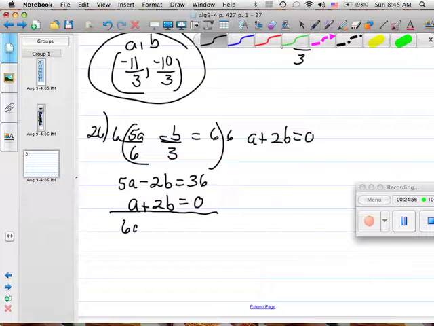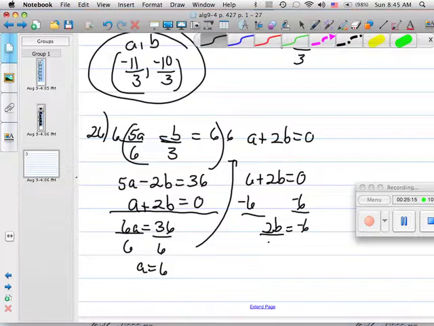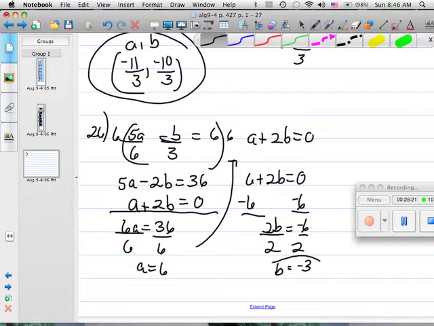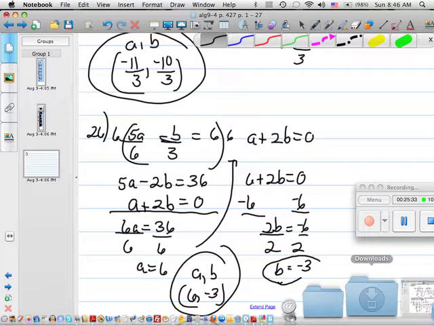And I get 6A equals 36. Divide by 6, and A equals 6. Substitute in 6 plus 2B equals 0. Subtract 6, and I get 2B equals -6. Divide by 2, and B equals -3. So our ordered pair is A, B, and A is 6, and B is -3. That concludes the evens. Be sure you check the odds for the